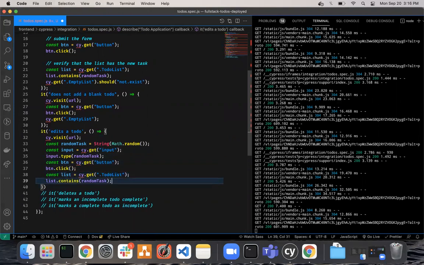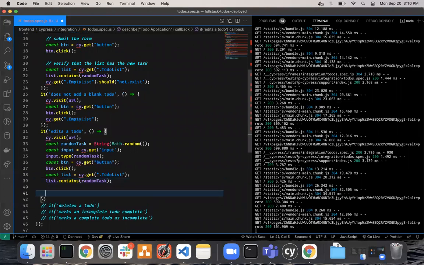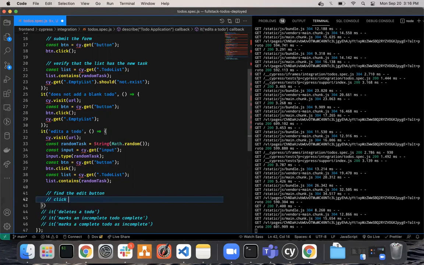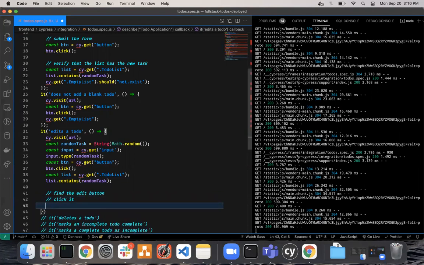And I'm going to let it continue to verify that it's really there. Now this time we have to find the edit button. We have to click it. Then we have to find the edit form and modify it,